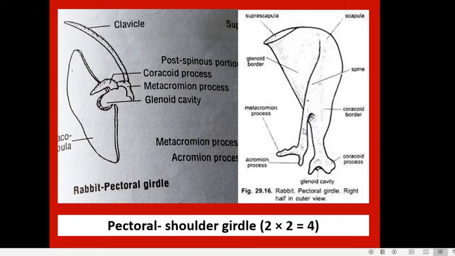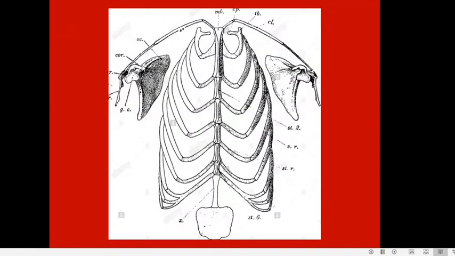The spine ends in a process. This process is called the acromion process, which is characteristic of the scapula. And this acromion process later on ends in the metacromion process. So the dorsal side of the scapula with the scapular spine ends up in an acromion process, which in turn ends in a metacromion process. And you can see the coracoscapula is connected to the clavicle, and this is another view where you can see this is the clavicle which makes up the collar bone of rabbit, and this is the coracoscapula, which makes up the shoulder blade of rabbit.